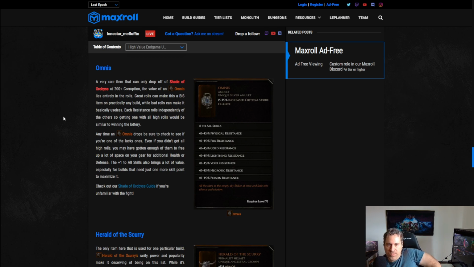So this is farmed from Shade of Orbis at 200 plus corruption, and it is a low chance to drop. It doesn't drop very often. I think I've gotten one so far in 0.9. However, if this happens to roll really well on enough resistances, this can be best in slot for pretty much any build. So for example, if you somehow manage to get all 45% resistances on this, which you're never going